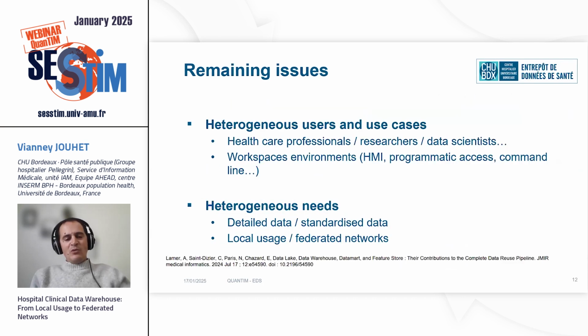As you can see, when you think about the fit for use purpose, and when you think about what should be a good clinical data warehouse, we face heterogeneous users and use cases. For instance, locally, we could have healthcare professionals that may want to use the data. We could also have researchers that are not healthcare professionals, or data scientists, experts in analyzing data or training machine learning algorithms, for instance, that would want to use this data. And all these users will need